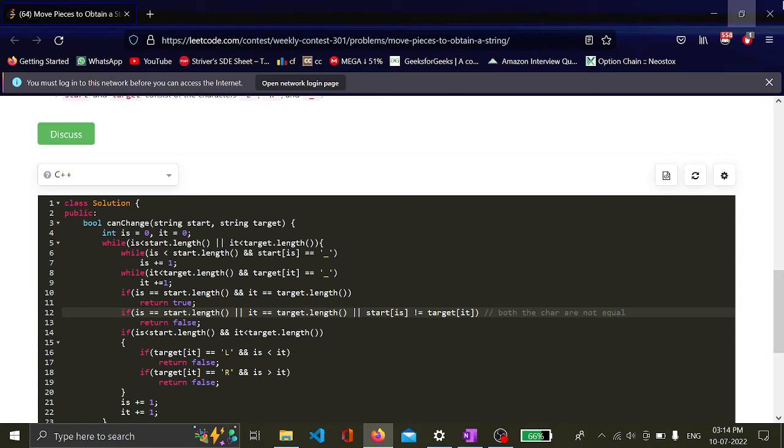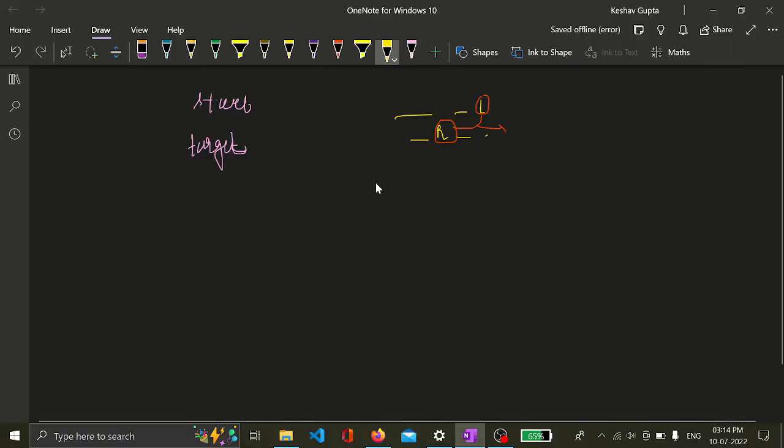Now see, if both the characters are equal then only it will proceed further, and we will iterate till i is less than start dot length. We check whether i is less than start dot length, yes, and if j is also less than target dot length, then it will proceed in the loop. And if there is a case that target of j is equal to L and i is less than j, it means that they are trying to say that